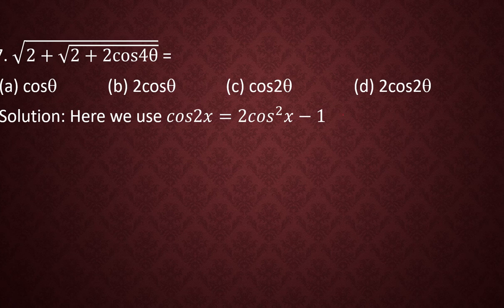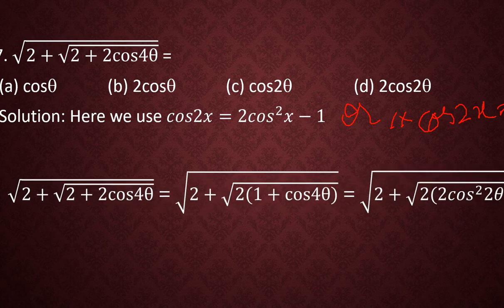So, or we rearrange this as, if I take this minus 1 to other side, 1 plus cos 2x is equal to 2 cos square x. This is the formula. 2 cos square x. So using this, we write here square root of 2 plus root of 2 plus 2 cos 4 theta as 2 plus